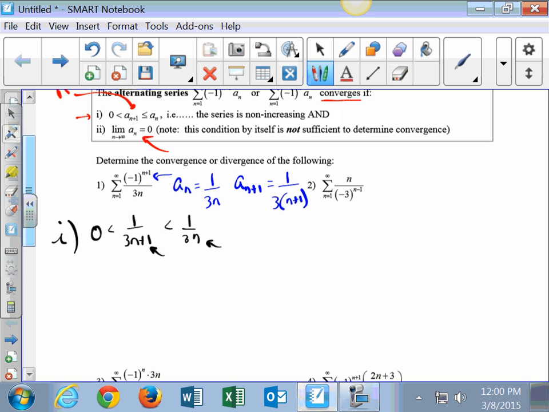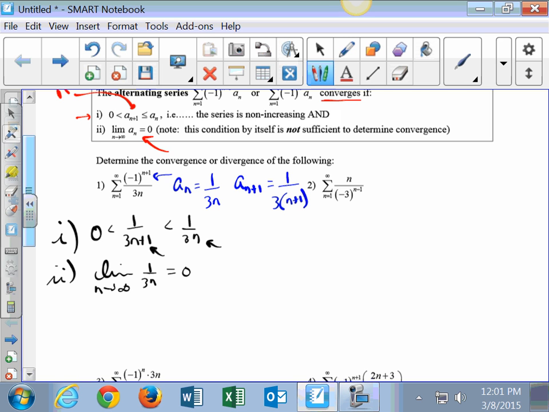Another way you can find that out is to find the derivative of a sub n and see if it's decreasing. So if you're not able to check just by looking at your fractions, you can always take the derivative of your a sub n and show that it's decreasing. The other thing I want to state is, does the limit as n goes to infinity of 1 over 3n equal 0? Well, if I plug in infinity for n, I get 1 over a very large number. So yes,